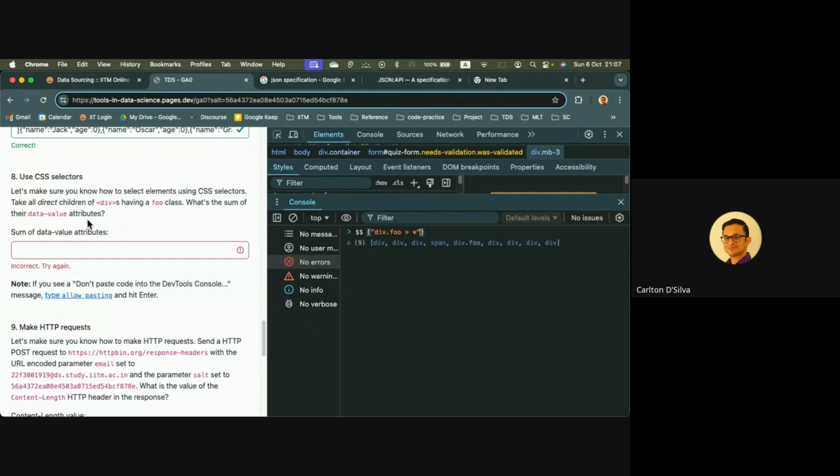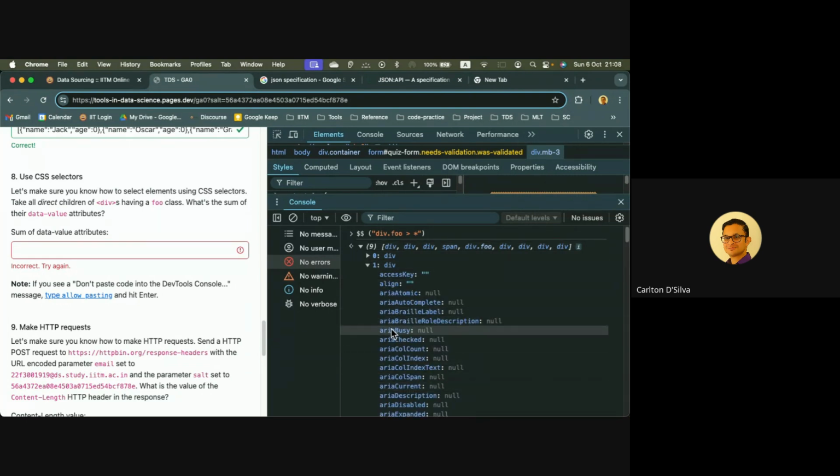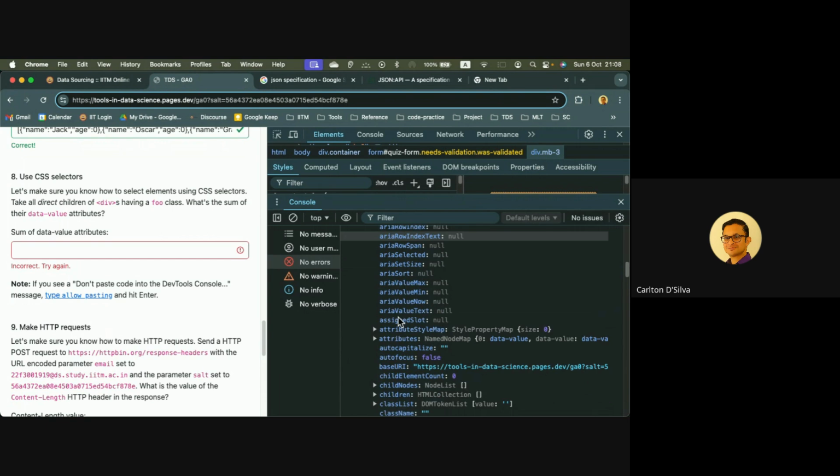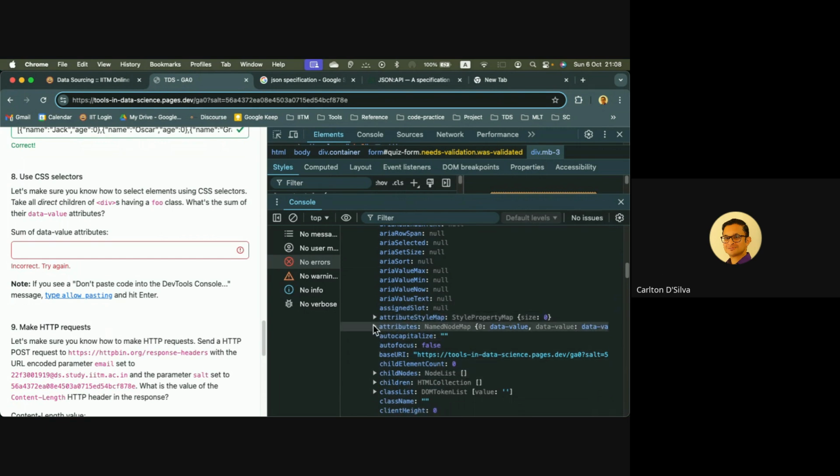But we want data value attributes. So let's inspect this. You can see this is an array of items that it has picked up. Let's have a quick look at what this array has. One way is you could just hit enter and then look at the array like this. You can see there are all these div tags in there, and each of these will contain all sorts of things, various key value pairs, and there are attributes,